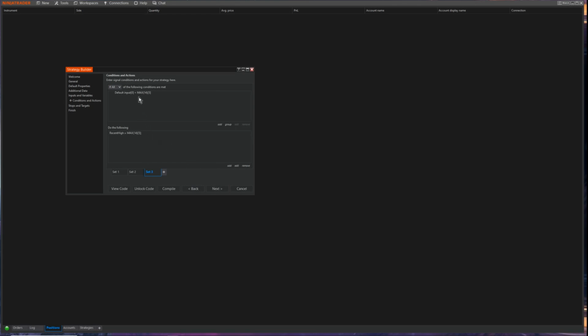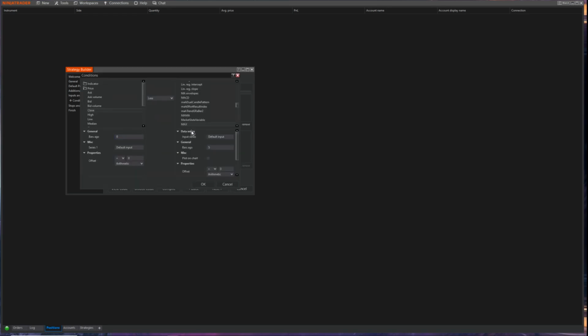So what this is going to do is it's going to say if our close is below our recent high, which will be the high of the last 5 bars. So then what we can do is use that to set our stop. So we'll duplicate this in another tab. We don't need this one, so I'm just going to exit that one. So then we're going to edit this